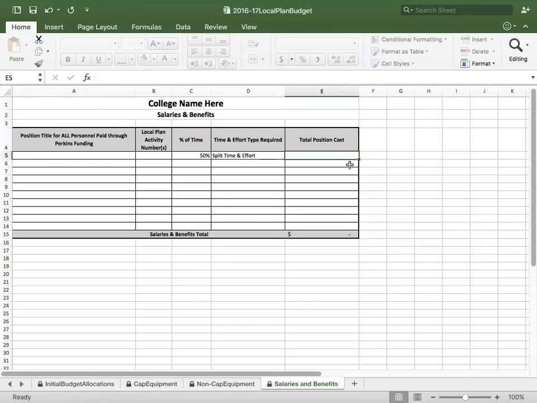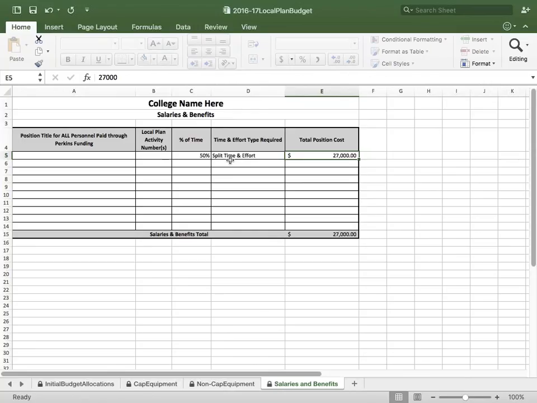So let's say in this position we're going to be spending $27,000 because it's a 50-50 split. You can do that. Some people break out the salaries, the benefits as separate from the salaries, put that as a separate line item. But if you want to just include the salaries and the benefits all in one, the total position cost, that's probably the best thing to do. Right, and you won't have to break it down to us until you actually get your allotment and you place it into your line items working with your business office. And then once you get to that point and you know what those amounts are, then you can go ahead and make those adjustments.